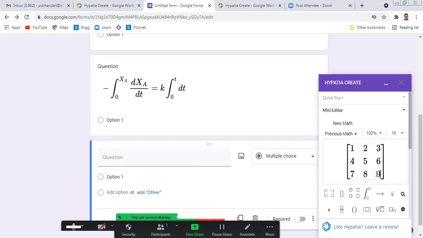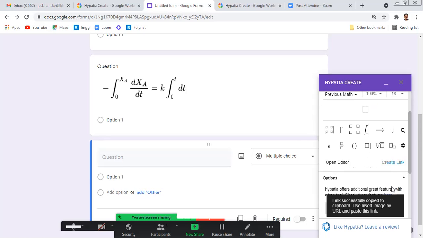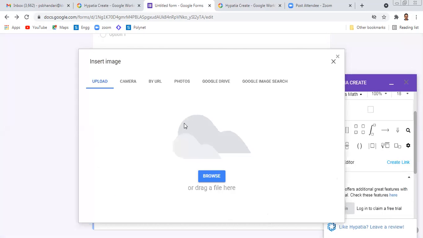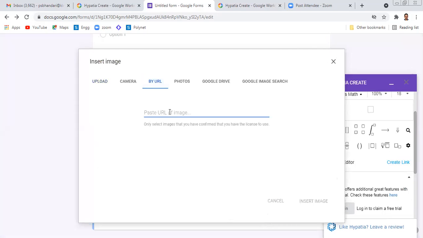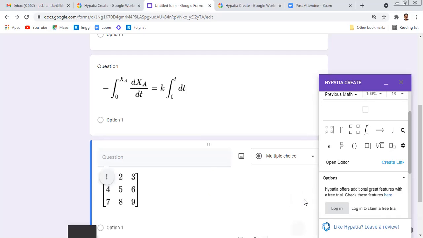Okay, now the matrix is typed. So once again, press create link. The link is successfully copied. Now the 3 by 3 matrix is inserted.